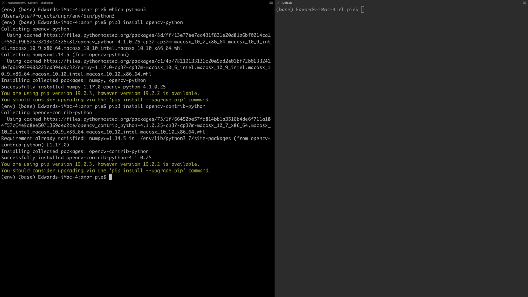Now the next dependency that we need is matplotlib, because we want to be visualizing how the computer vision techniques we apply to our image is transforming the image, and it is going to help us to understand what each step in the processes we follow to segment out the number plate does to the original image. So we are going to use matplotlib to plot the images side by side. So I'm going to say pip3 install matplotlib. Okay,